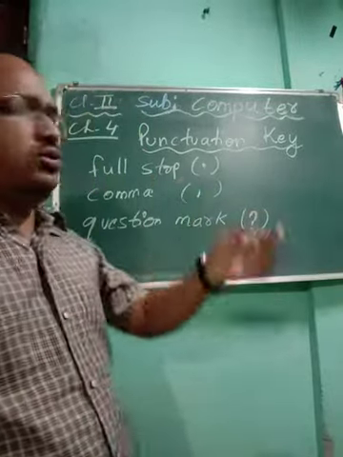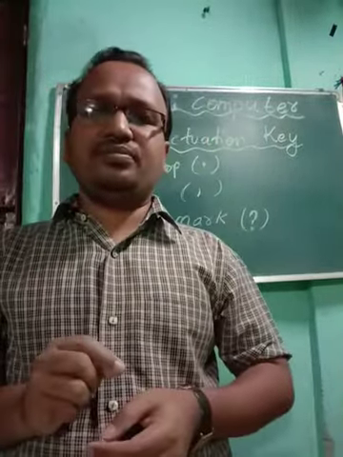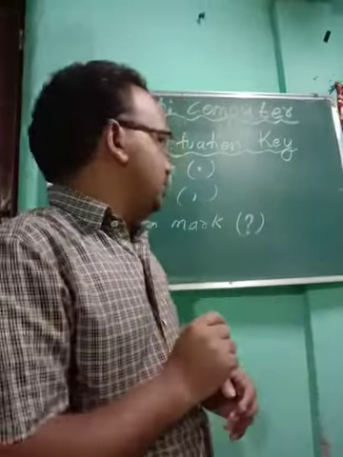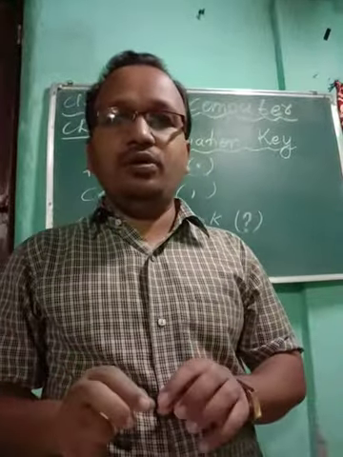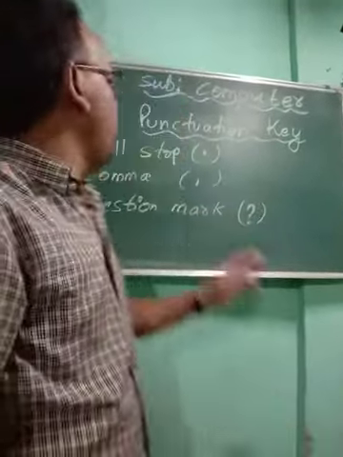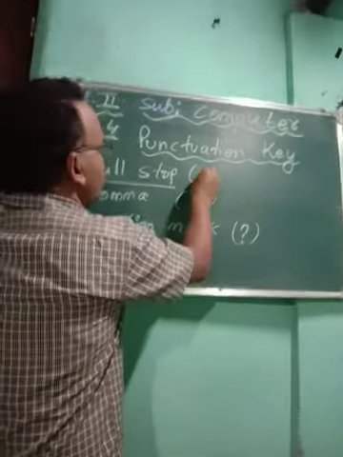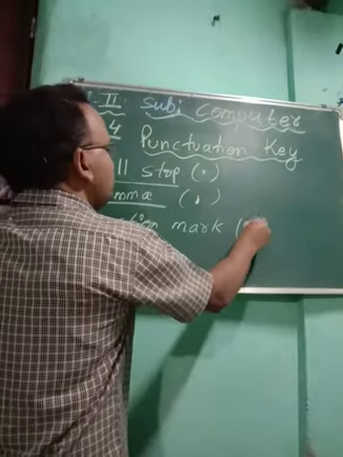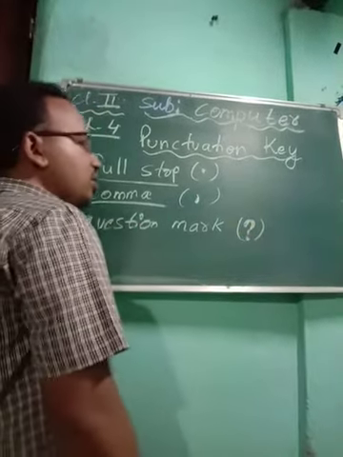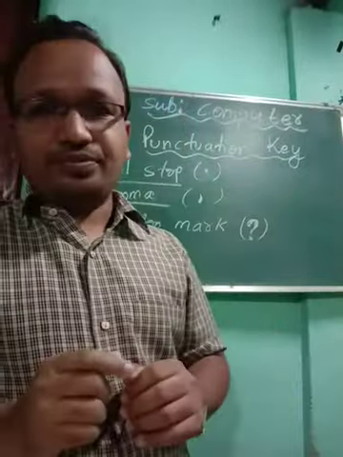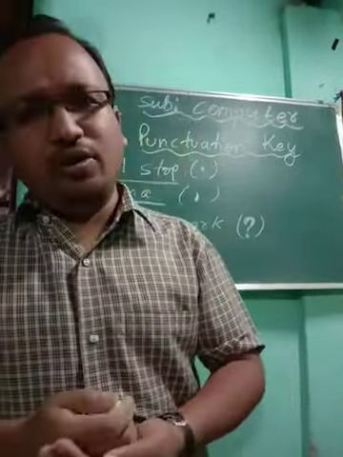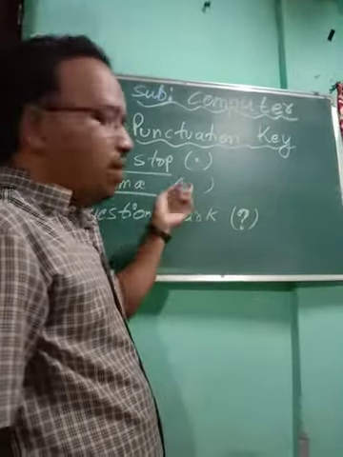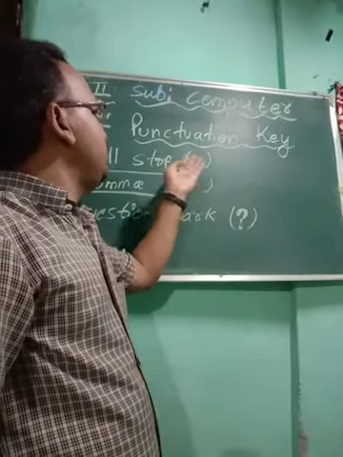Okay, now suppose you have written a sentence, I go to school every day. Suppose you have typed a sentence with the help of your keyboard. Okay, so you see, full stop is also a punctuation mark, comma is also a punctuation mark, question mark is also a punctuation mark. Okay children, when you are writing anything, even when you are writing in your copy, in a question you put a question mark. After that, while you are writing the answers, you may put a comma in between. After that, when you complete your answer, you put a full stop.